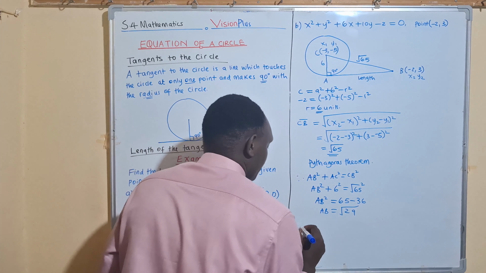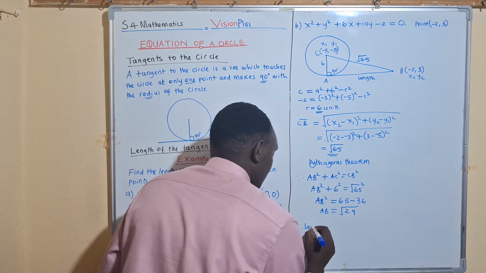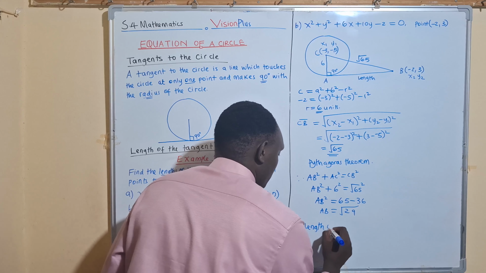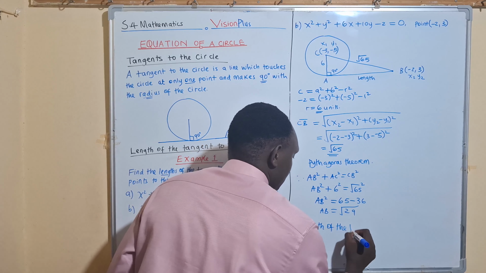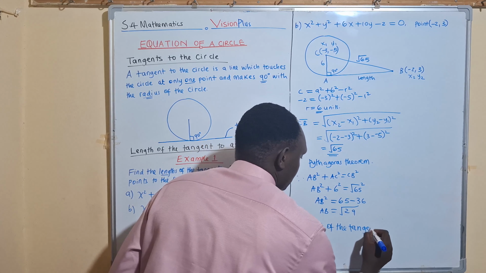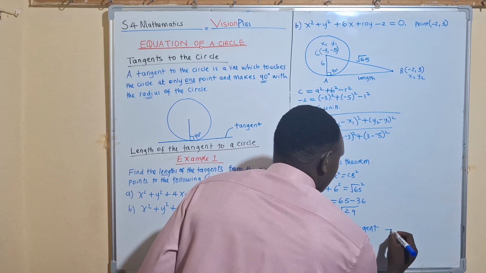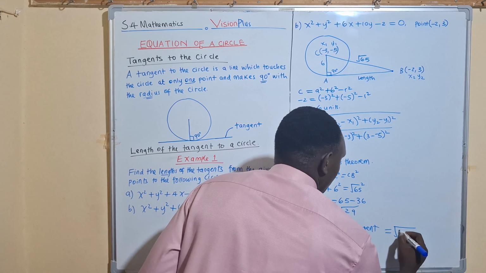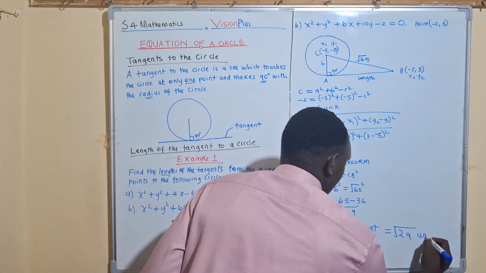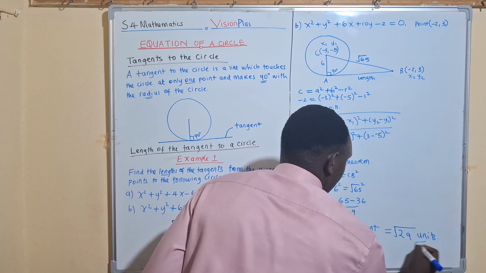And now this is the length of the tangent. Therefore, the length of the tangent from that point (-2, 3) is root of 29 units. So this is the solution to